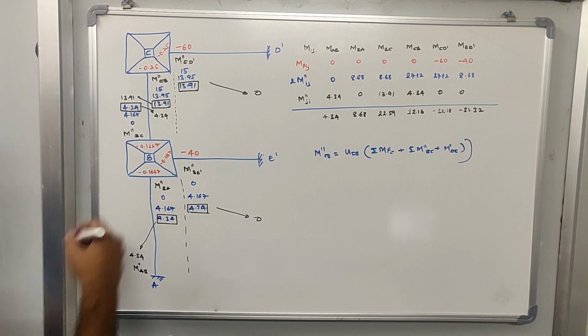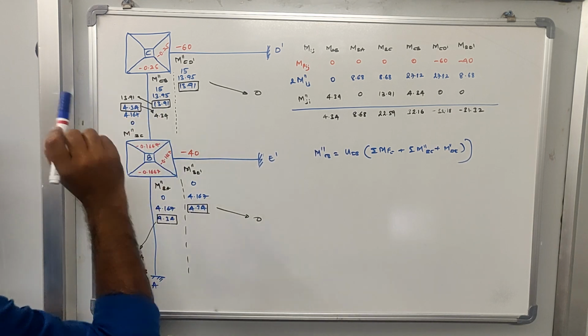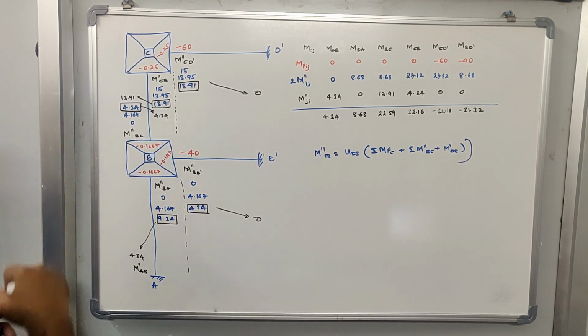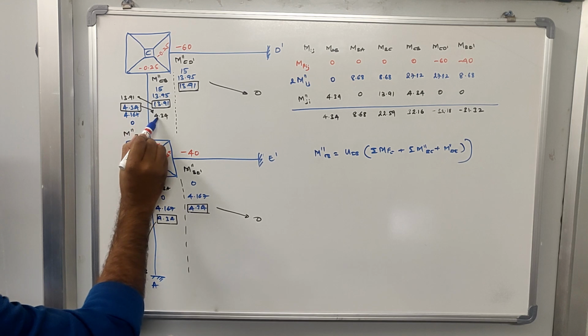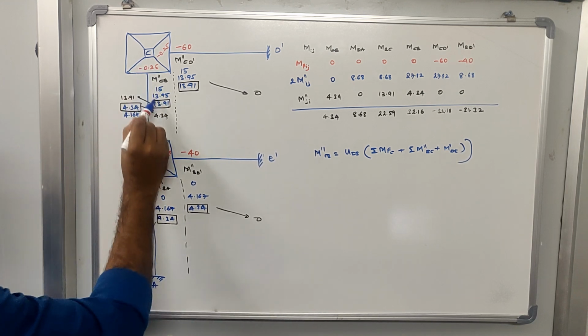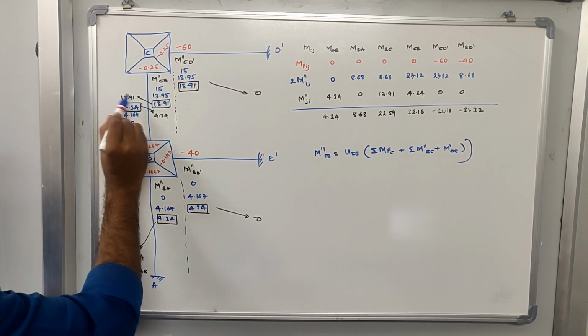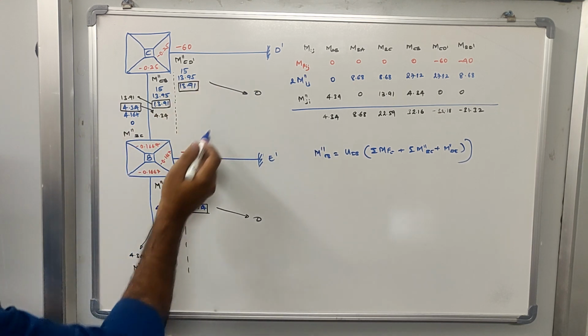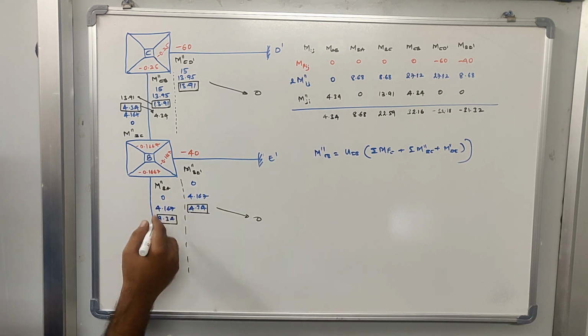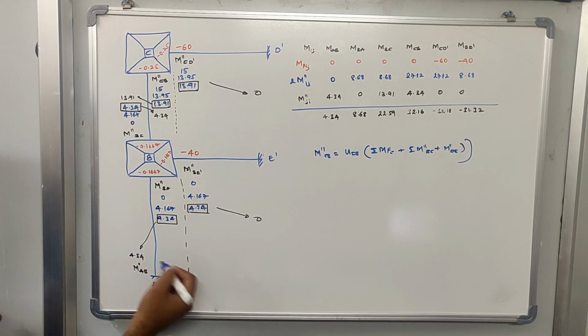Okay. Now we know that from BC to CB it will be carried over, and from CB to BC it will be carried over. So that's why, as you can see here, from BC to CB it has been carried over with the same value, which is 4.34, and similarly from CB to BC it has been carried over, which is 13.91. You don't have to carry over on this side, as I told you to neglect this part. Now going over here, from BA to AB it will be carried over. As you know, at AB we do not have any rotation moment, so there is no carryover, which is 0 itself.